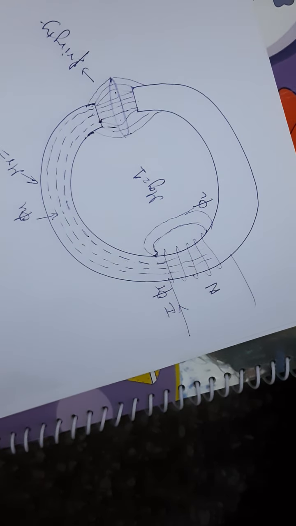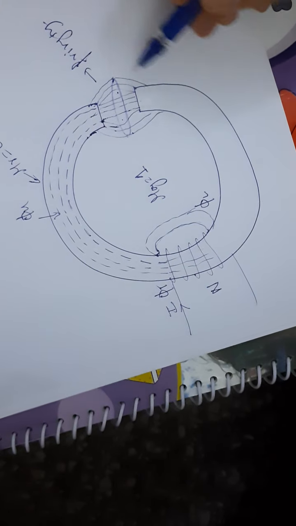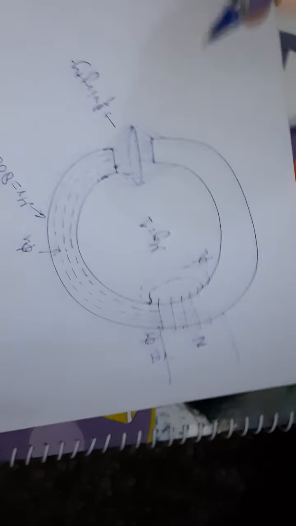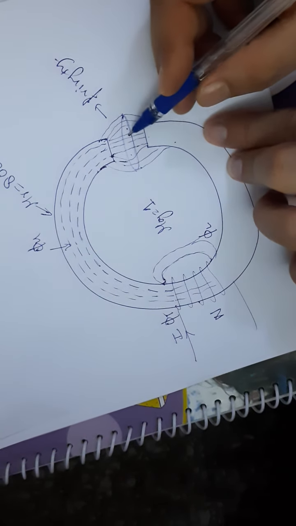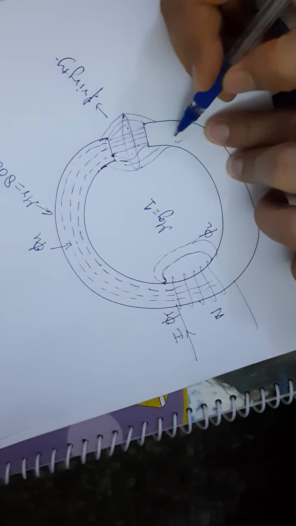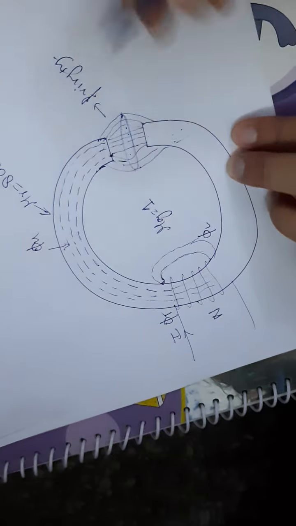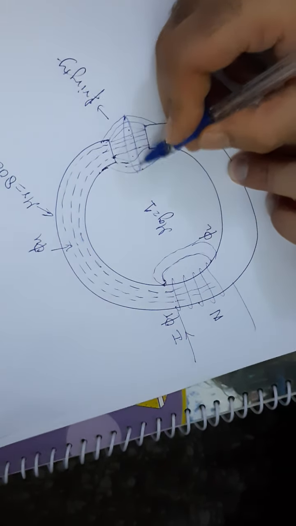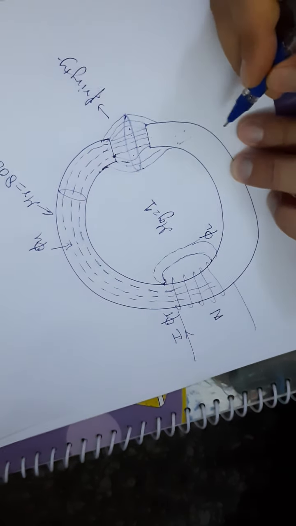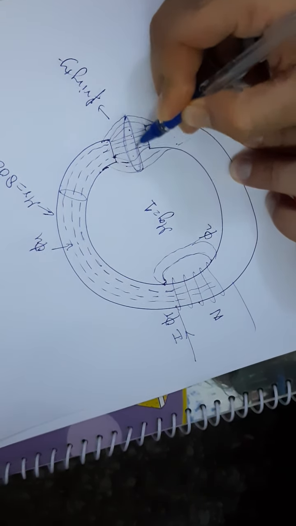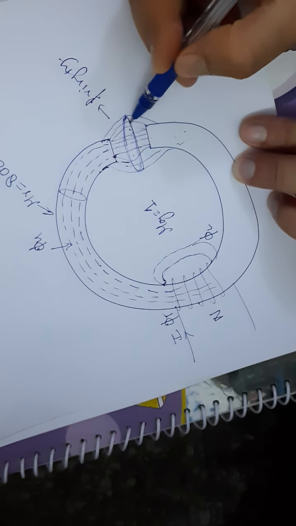The second effect is that it will reduce the magnetic flux density on the other side. So where will the magnetic flux density be reduced? On the other side, in the material with higher permeability. If you measure here, first I was talking about the area. Here the area of the cross section was this, and here the area of the cross section is this. So obviously this area is more than this. This is because of the fringing.